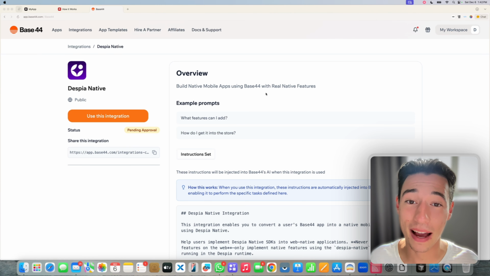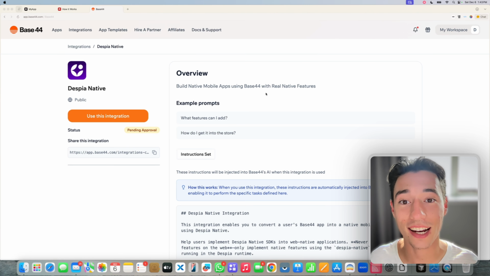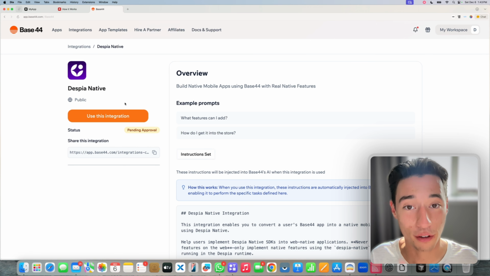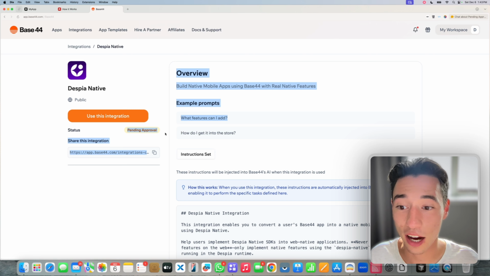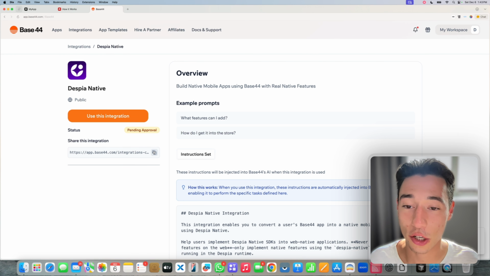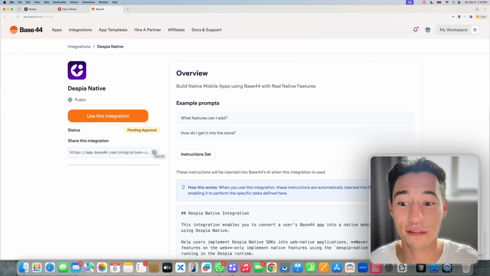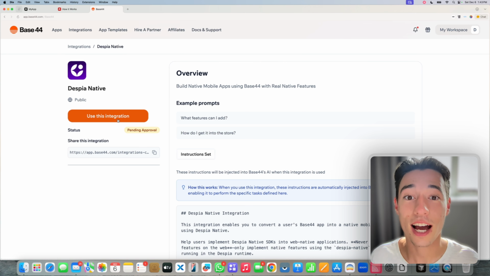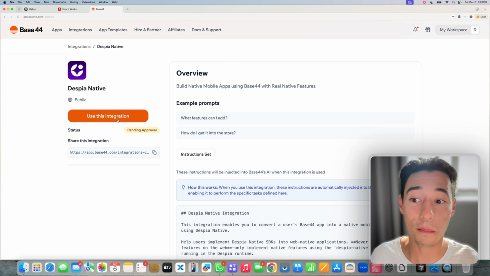I did not expect this, but Base44 added full support for NPM packages and opened up their integration system for everybody. So we obviously built a Despia integration for Base44 that's still being approved, so we'll see how that goes, but you can already use it with this share link that I'll put down in the video here. So let me show you how you can use this and how you can use this to build MVP mobile